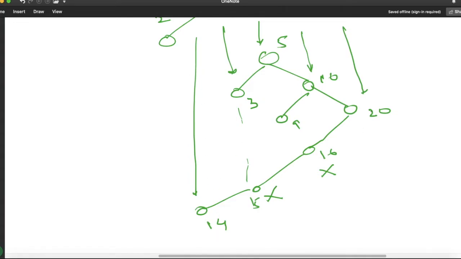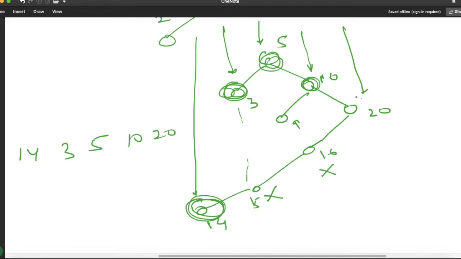So from the left side our output will be 14, 3, 5, 10 and then 20. This node, this node, this node, this node and this node. We won't be able to see this node and this node. These three nodes will get hidden behind these outer nodes. So our output will be this one.